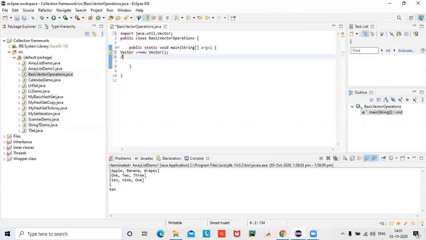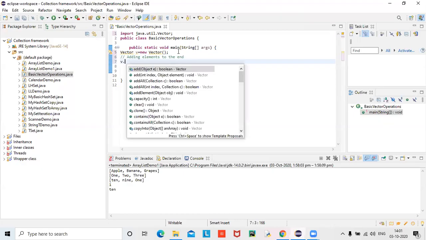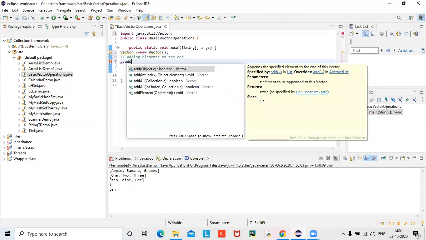Now adding elements to the vector, as you know, very simple. Adding elements to the end. V is the vector. V dot add, same method.